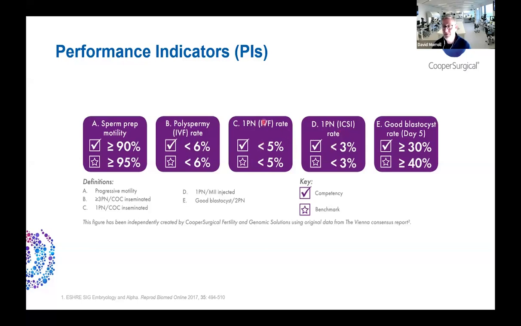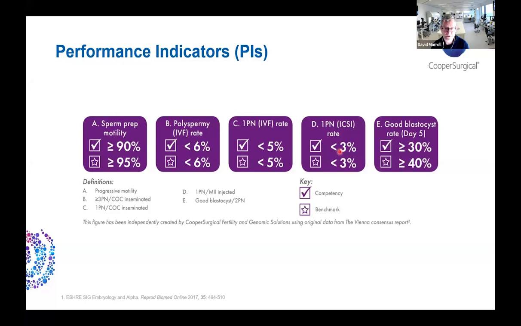So some evidence suggests that in the 1PN zygotes after IVF, there's a possibility that almost half of those are actually diploid, but the second pronucleus hasn't been seen for some reason. That's very different from the 1PNs in ICSI, where the diploidy rate is probably much lower. It's probably in the region of 7 to 14%,